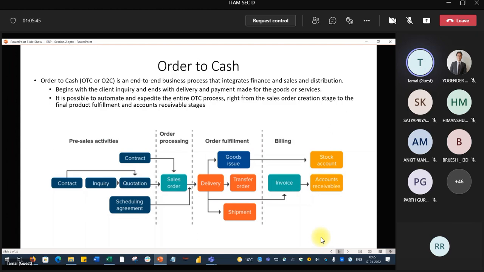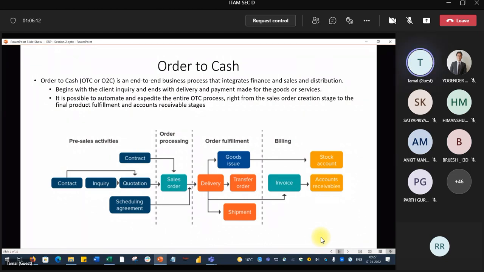Everything you can do in any of the ERP software. Then you have to get into a contract with the client. Then we have to get the purchase order after verifying everything. The purchase order has to be created and approved. Those things have to be online.